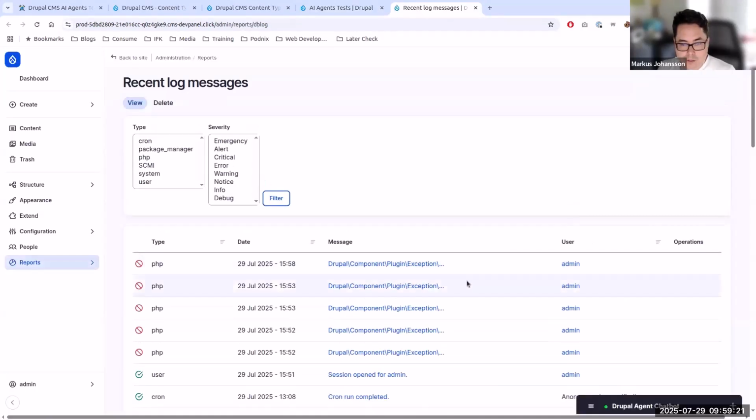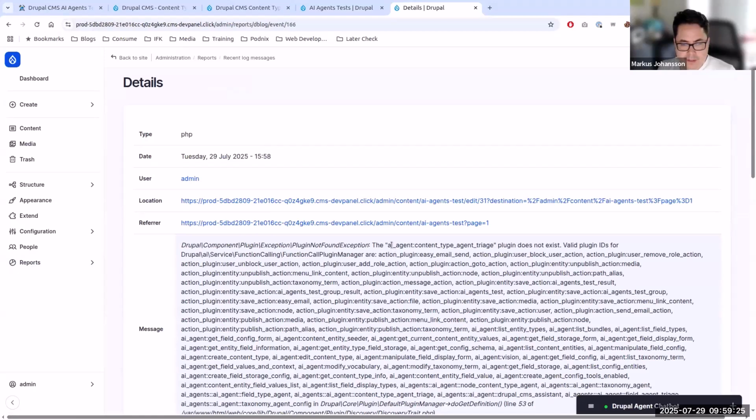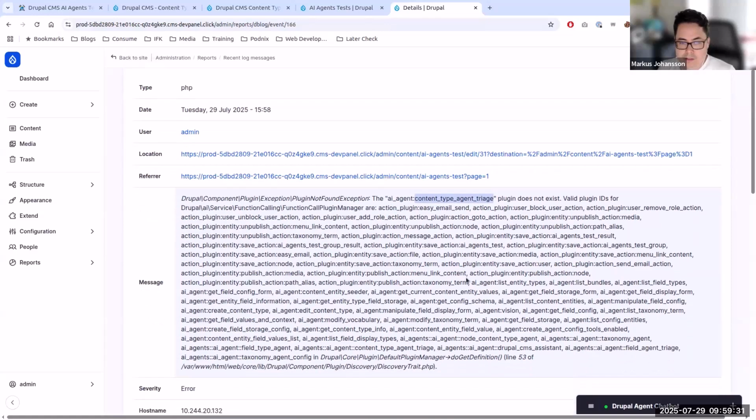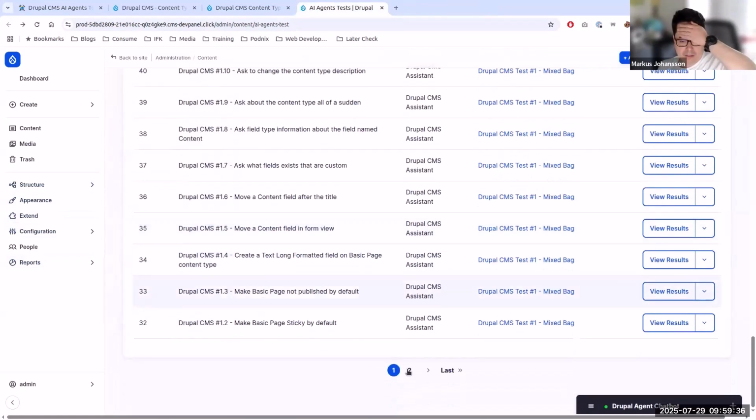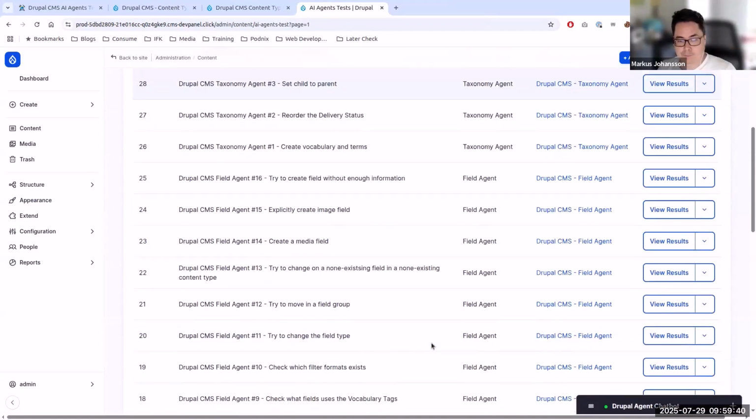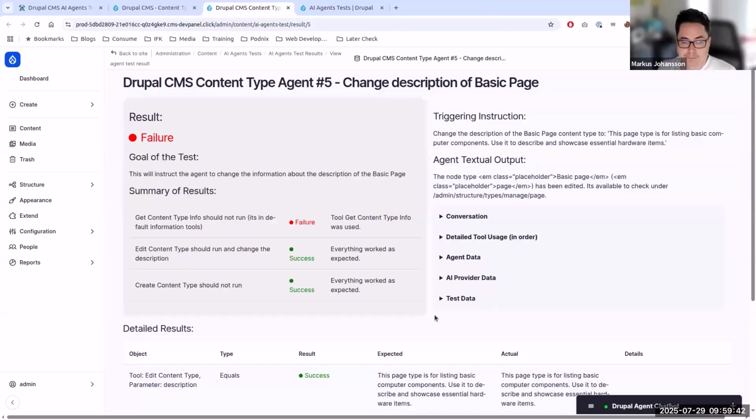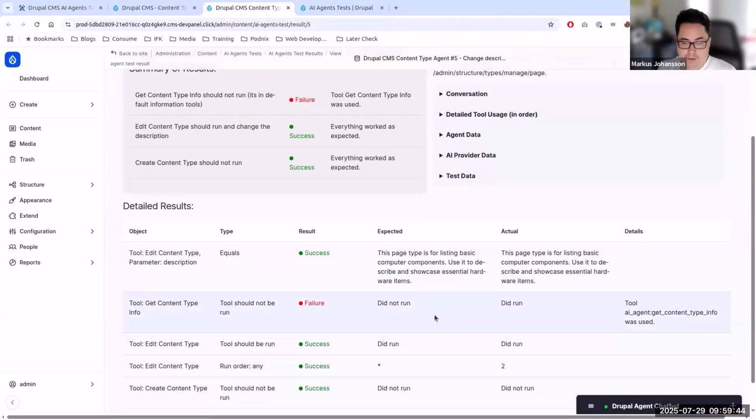Let me just check that error once more. Okay, plugin does not exist. That should exist. Well, I will have to check why that is failing. Anyway, this is now